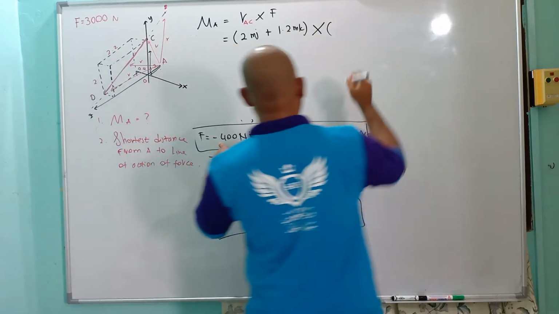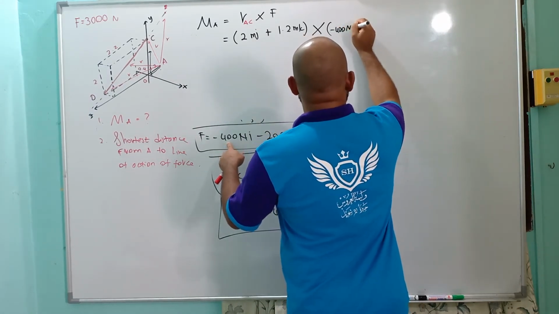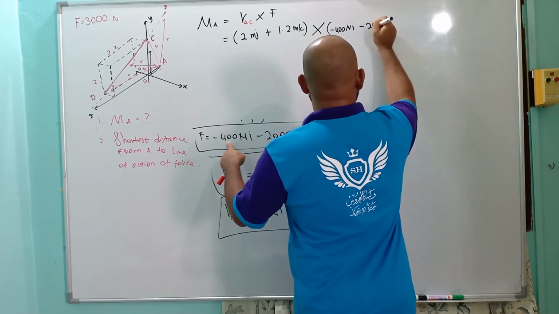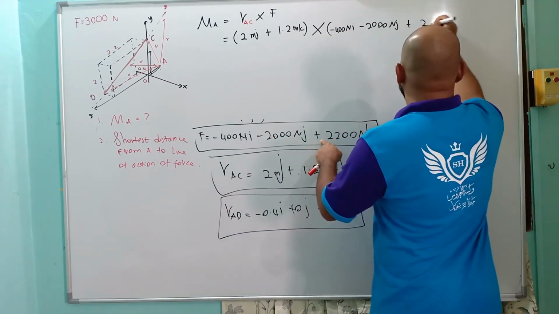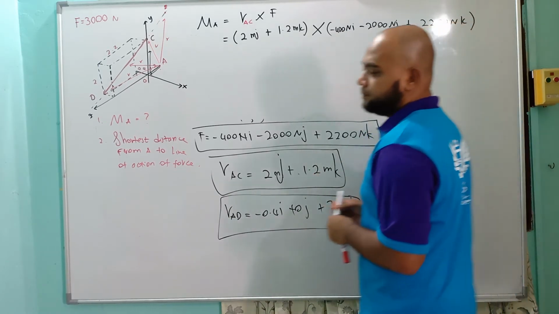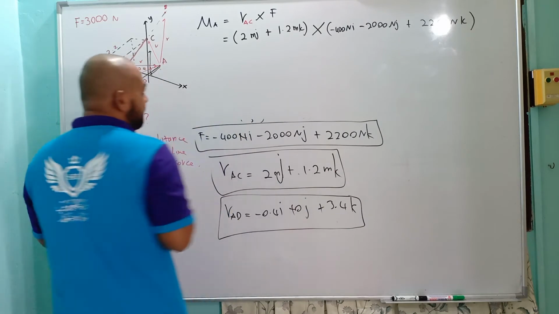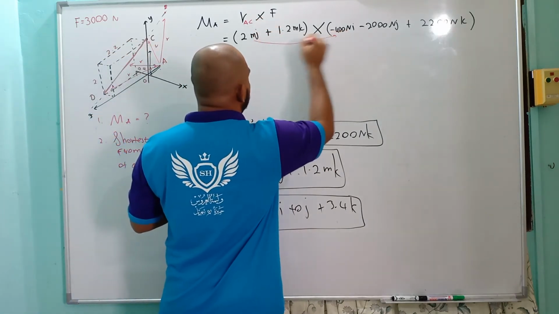Okay, put the F negative 400 Newton I minus 2000 Newton J plus 2200 Newton K. Okay, and then you will do it one by one, which is you take from here first